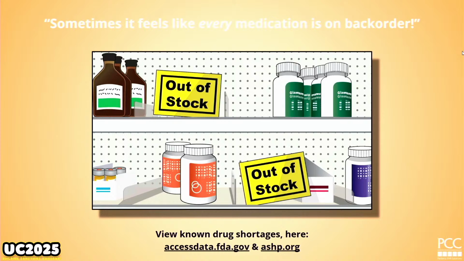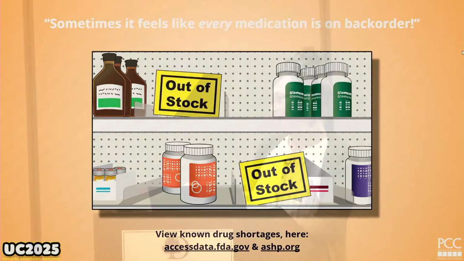ASHP, that one's the pharmacy-based one. There's some pretty funny comments that you'll see in there. They'll say like, Teva's out of stock, reason, won't tell us, you know, that kind of stuff. And so if you get a chuckle about this stuff like I do, definitely go look at it, but it will tell you what's going on with Adderall. It won't really tell you, but you'll be able to confirm that you're probably gonna have a problem with this. And I think sometimes, depending on the drug, it might tell you if things are looking better. So take a look at those.